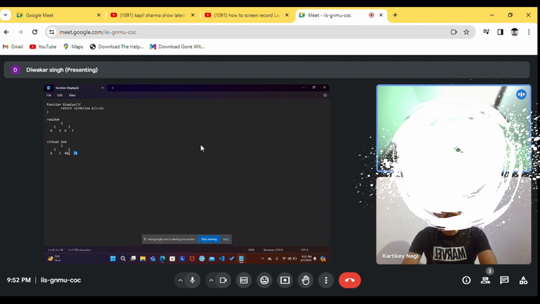As React has identified that only two nodes are modified, it will only modify these two nodes in the real DOM. Hence, instead of modifying all 7 nodes, React has only modified 2. Modifying only 2 nodes is faster compared to modifying all of them. In this way, React uses virtual DOM to increase its efficiency in speed.